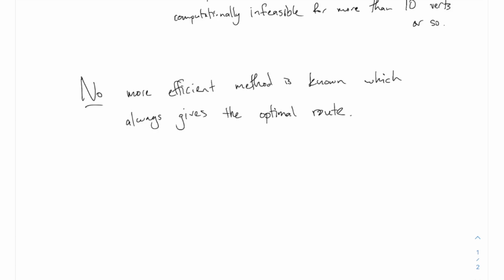There are a few very simple tricks that you can use to improve the accuracy or to improve the efficiency a little bit, but you can only improve it a little bit. Essentially, there is no more efficient method. No more efficient method is known. If you are thinking about this in the back of your mind and figure out an efficient way to solve the traveling salesman problem, you can